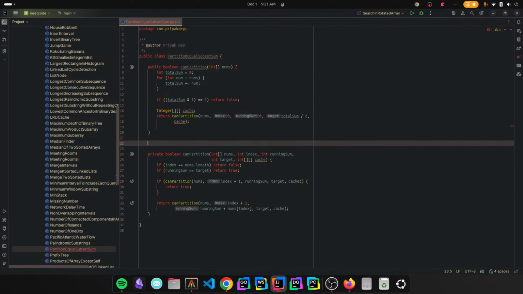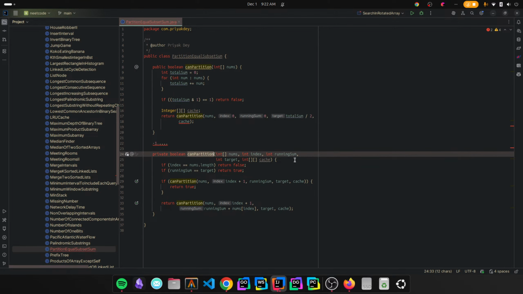Because int is a primitive, so it can be, well, minus 2 to the power 31 minus 1. But the important thing is the values can be from 0 to something, right? So to indicate that I have not already computed that particular piece of input, I need to have some indicator. Well, one of the things I can do is -1, because I know for a fact that can partition,